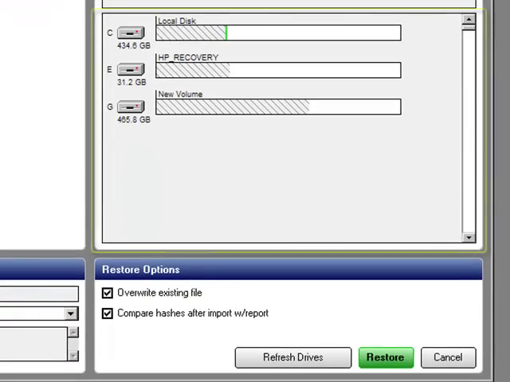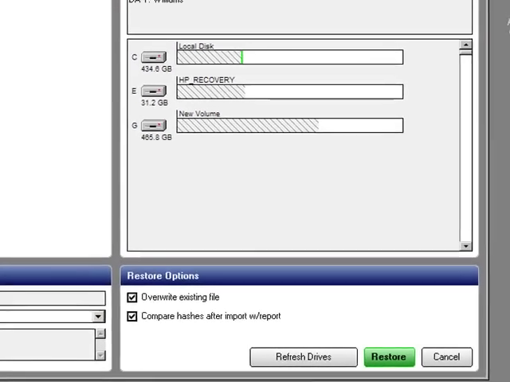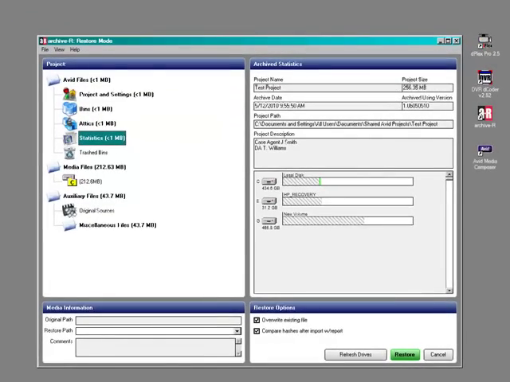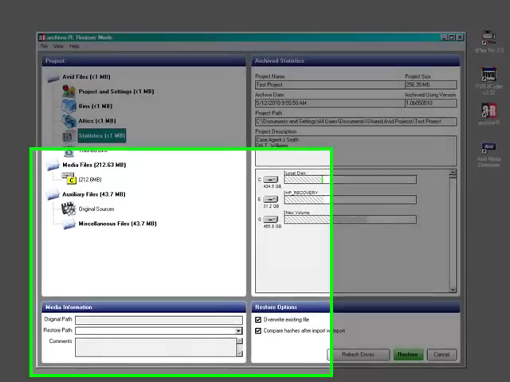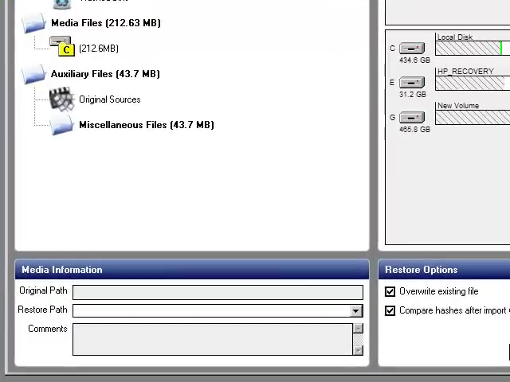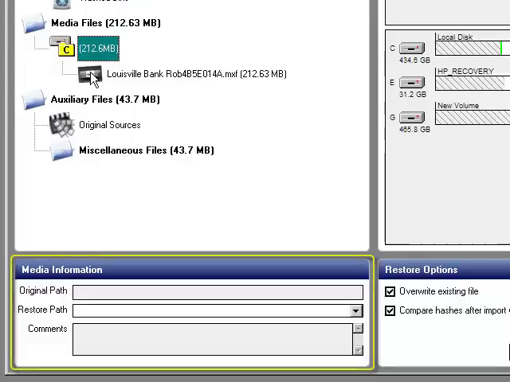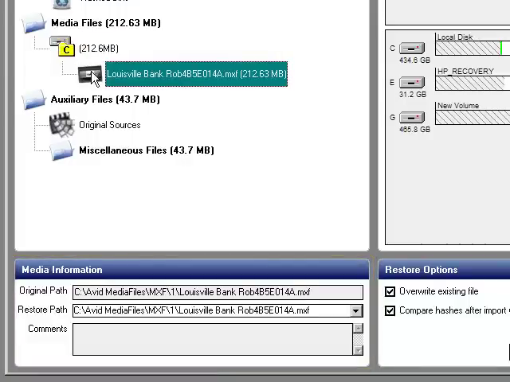The next section displays the available drive locations that I could use to restore the archived file. I'll discuss this more in just a few minutes. The last two sections I want to point out are the media information and the restore options. This is located at the bottom of the interface. The media information displays where each file originated from and where it will be restored to. Additionally, any comments that were made in the bins inside of your Avid project will be displayed in the comments